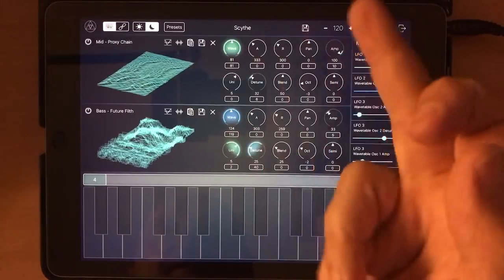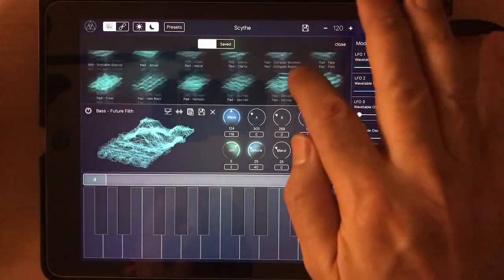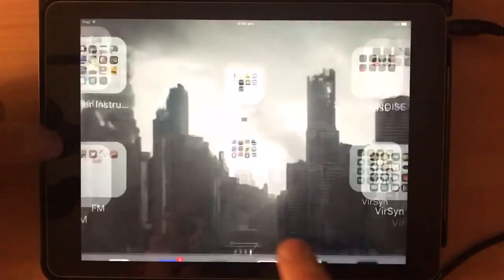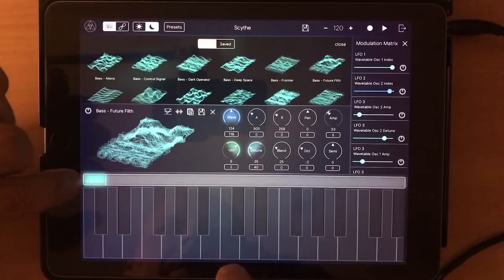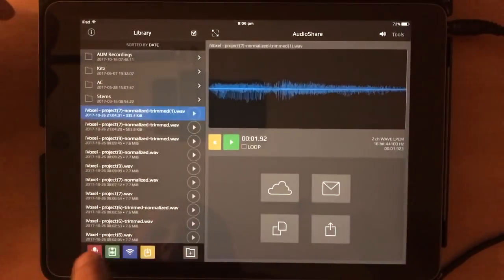So you can create your own waveforms, you can import your own waveforms. You've got a list of these preset waveforms for you. It works, you can record out with inter-app audio. So if I go back to, hang on, I'll just latch that. Well, if I latch that to something and then decide I want to record it out,